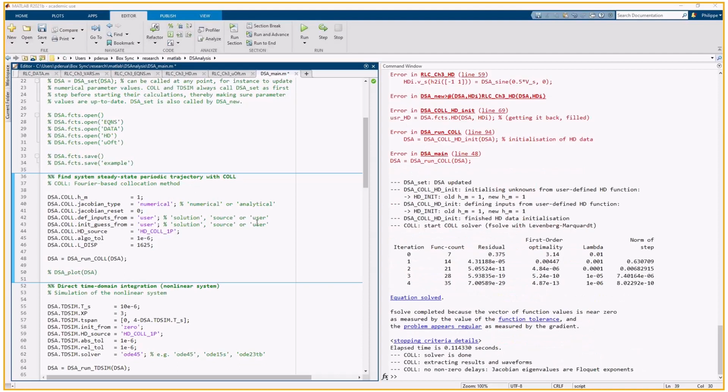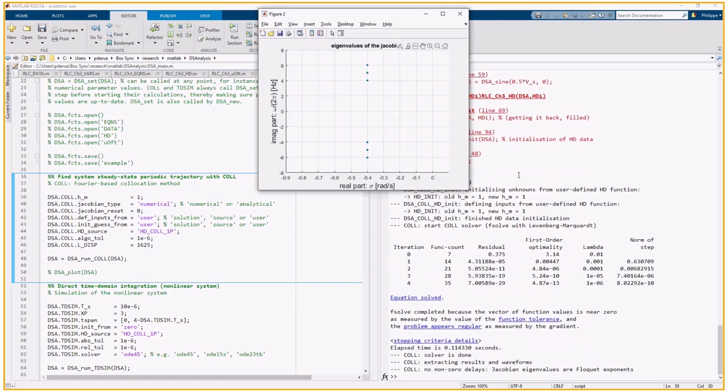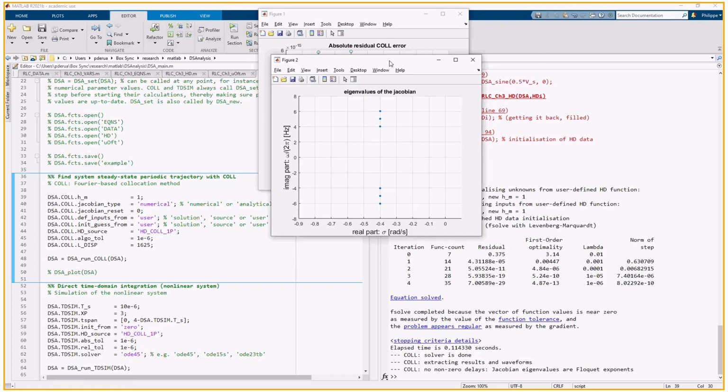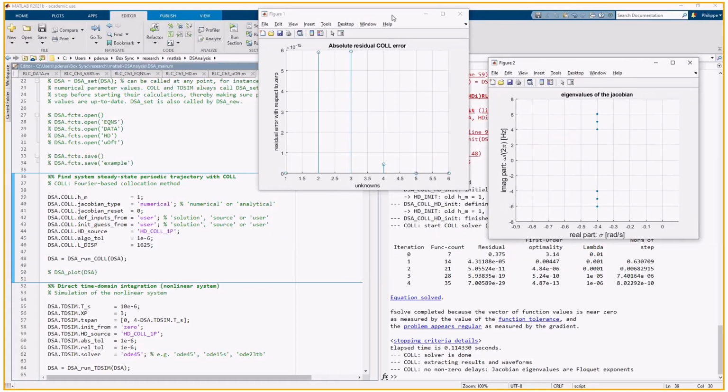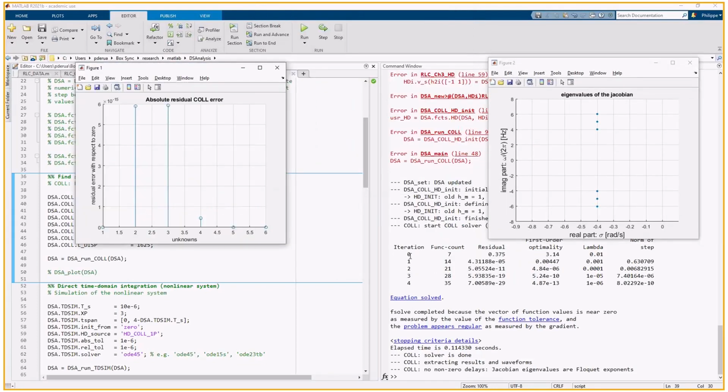If I rerun the same lines as before, as are written in the command window, I see again that the equation has been solved. I have more unknowns. Specifically, we have two states, and each of them is now described with three Fourier coefficients, -1, 0, and +1 ranks. And I see that all of them have converged to very small values,